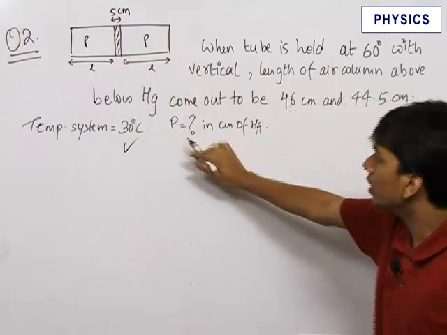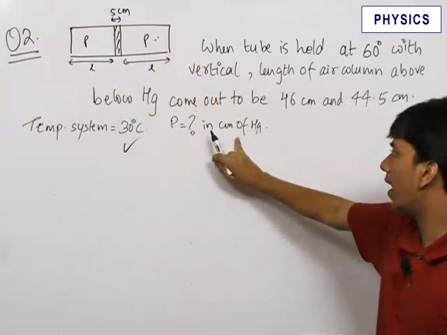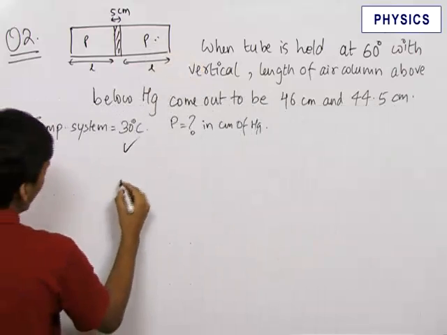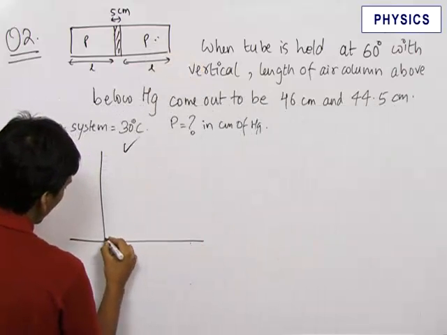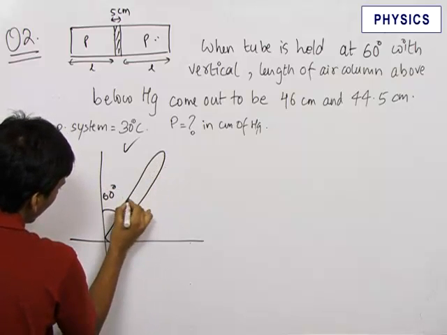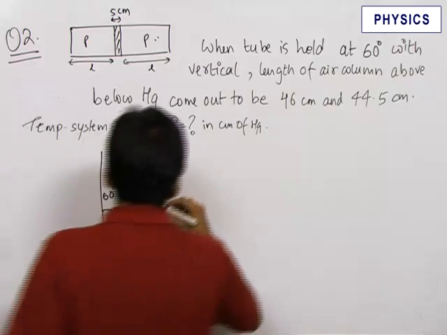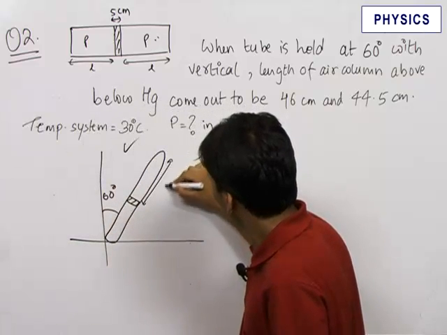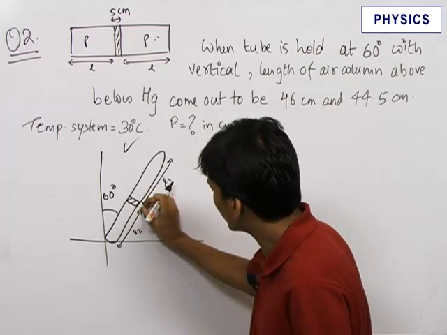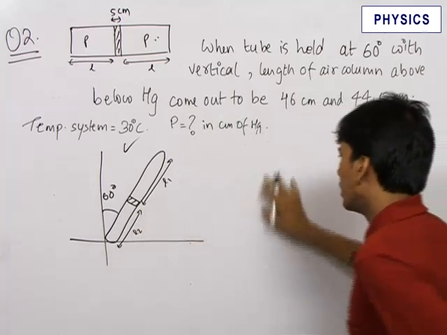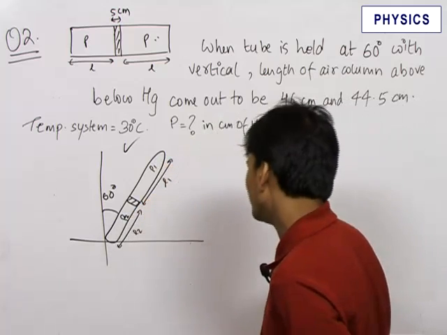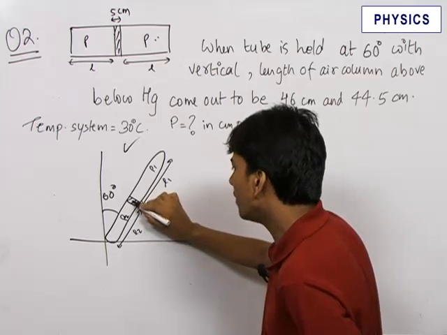We need to find out the initial pressure in this column in centimeters of Hg. So for solving this question, let us first draw the diagram. When the tube is held at angle 60 degrees with the vertical, there is a mercury column here. Let this length be L1 and this length be L2. This is already 5 centimeters as we already know it. Now let the pressure here be P1 and the pressure here be P2, and let us apply Newton's law on